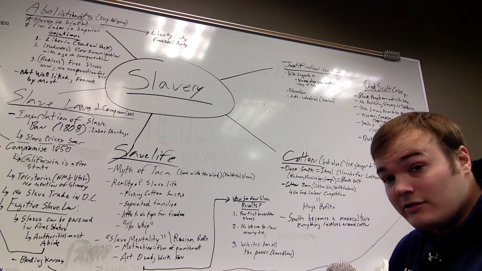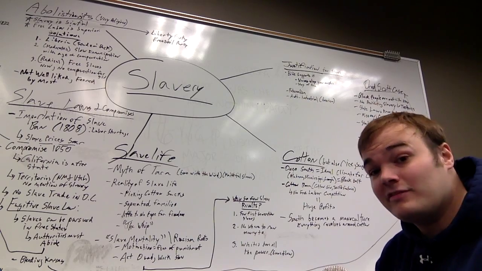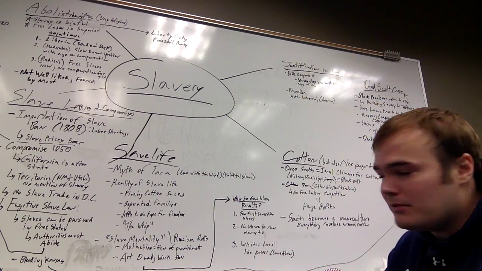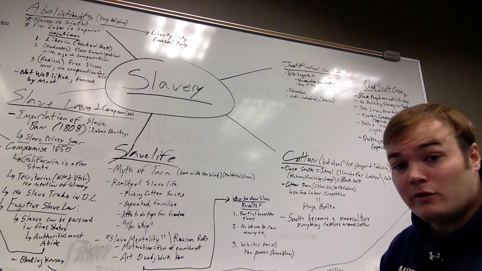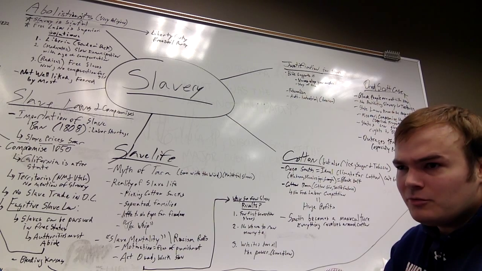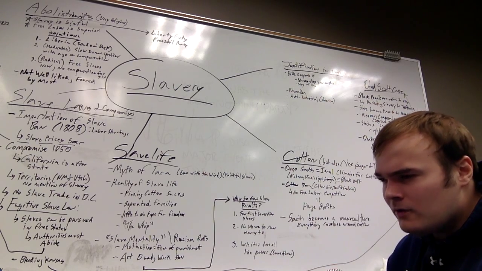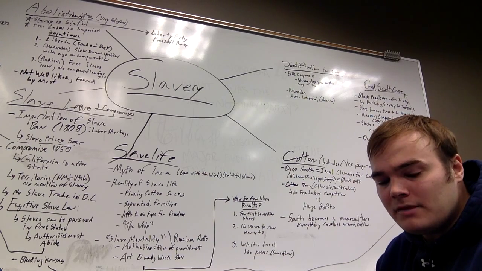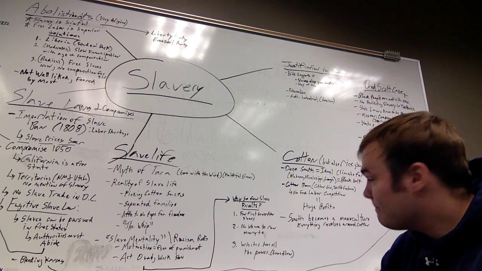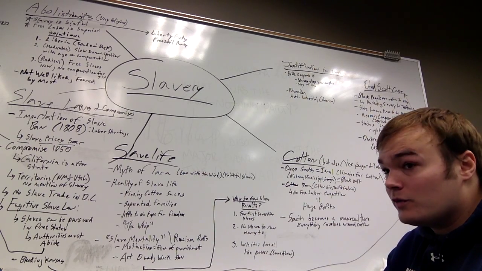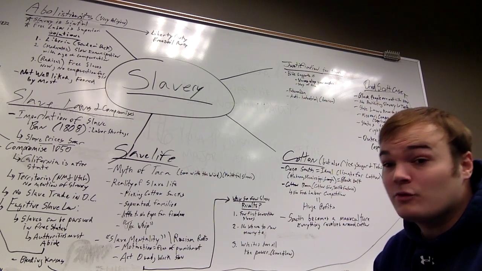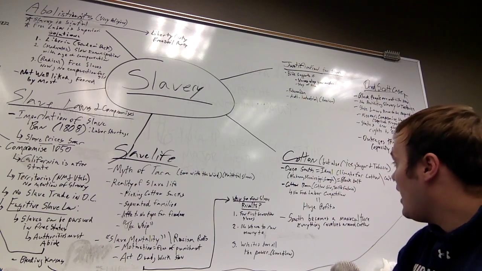A couple things to remember, though. The area that really takes to cotton is part of what's called the Deep South. Now, what's the Deep South? Think of those states: Alabama, Louisiana, Georgia, Mississippi. There's going to be what's called the Black Belt, which is going to stretch basically from Louisiana to Georgia, and it's this extraordinarily rich soil that's perfect in terms of climate and environment for the cotton. So cotton is just going to explode in this area. And the fact is, because it's a labor-intensive crop, there's going to be a great deal of slavery surrounding cotton.